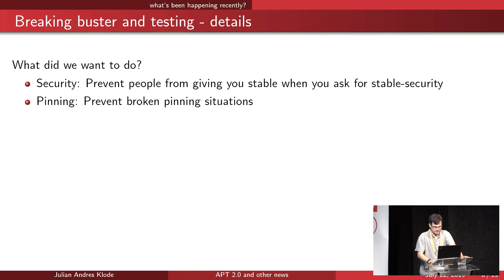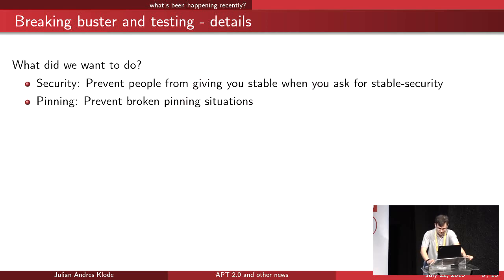And we also wanted to enhance pinning safety. That's a minor concern, because if you pin packages by code name, but in your source list file you write testing and then the code name changes, your pinning would no longer work because it's now a different code name. So if you pin packages from Buster to 990 in your preferences file, and you have testing in your source list file and testing becomes bullseye, then obviously the pin is being ignored because it no longer applies to testing, but it's now stable.